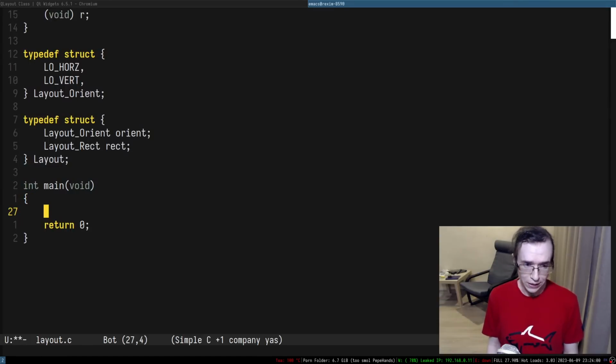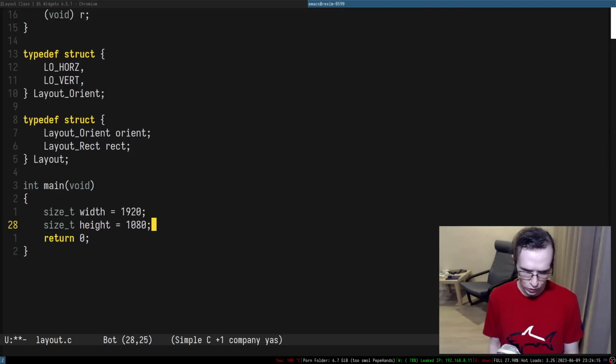Right, so let's imagine that we have a thing of the size of full HD. So the width is going to be 1920. It's not a widget, it's actually width. And then we're going to have a height, which is 1080. So it's basically 1080p.